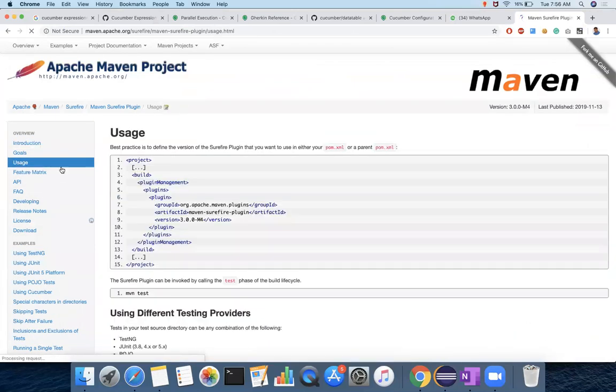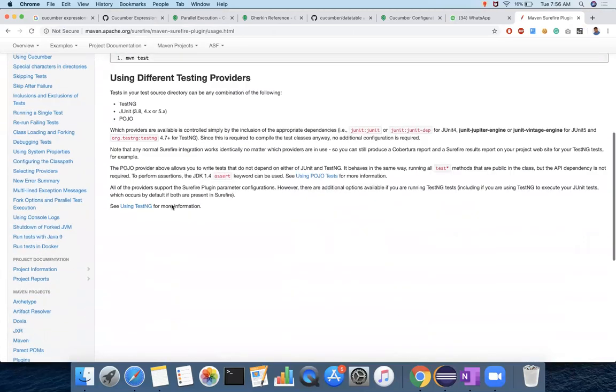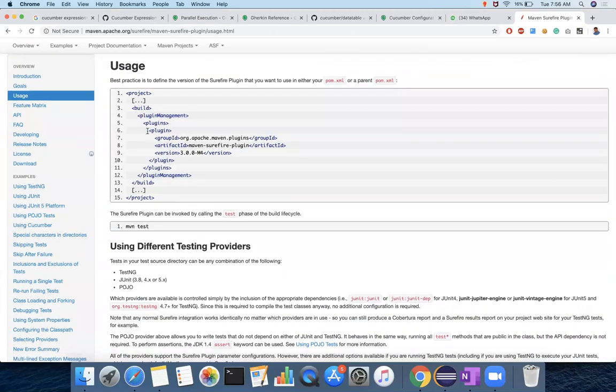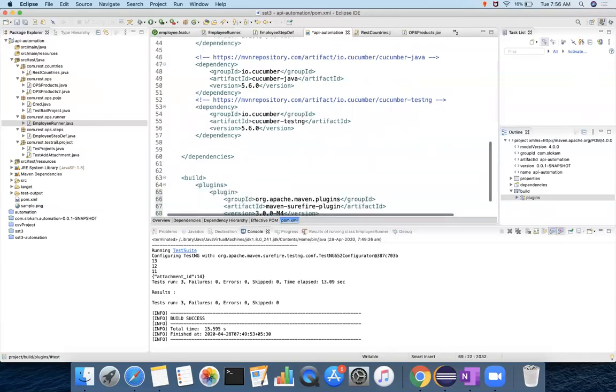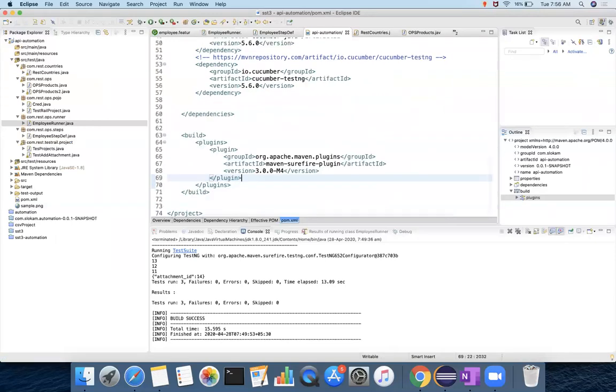Usage one, and then you can copy this plugin from here. Now in this plugin, you can choose which class you want to run.